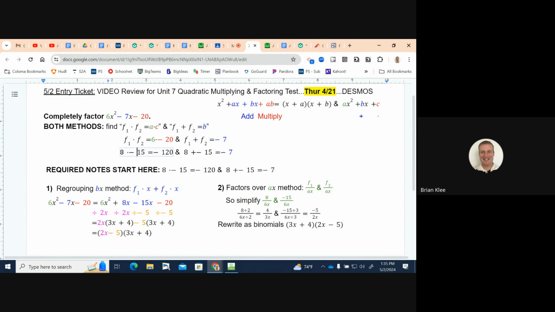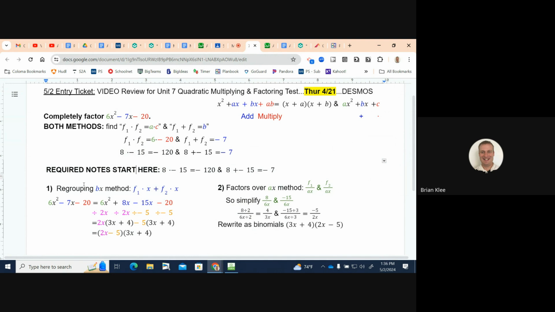So we know that our factors are eventually going to need to be an 8 and a -15. At this point, the rest of this is absolutely required notes. Once you have those factors figured out,